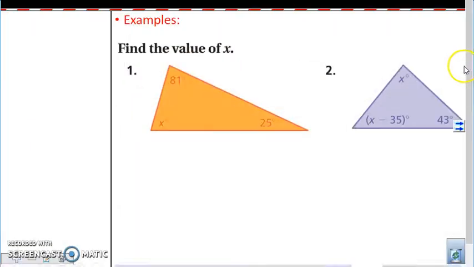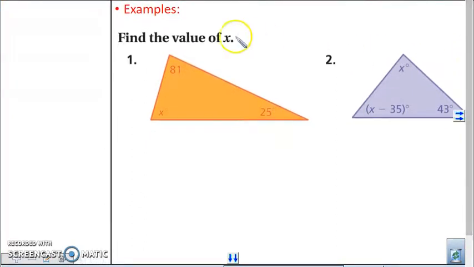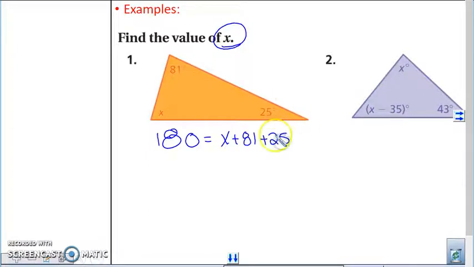Example 1, we're solving for x for what, inside or outside angles? For an inside angle. So the property for inside angle, interior angle, is that their sum is 180. Their sum is 180. 180 equals x plus 81 plus 25. It doesn't matter which order you put this in. What matters next, we're going to solve for x, so we're going to have to go through and use that PCSADME